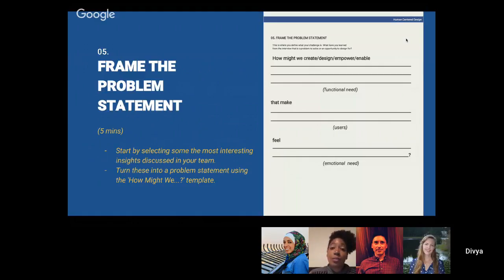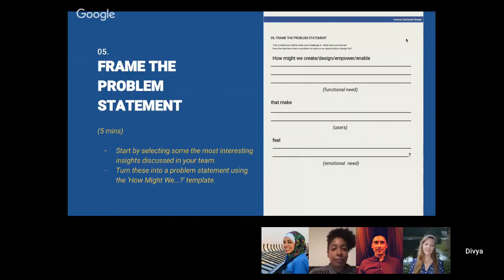Is it the high school student? Is it the university college professor or high school teacher? And then you want to connect it to some sort of emotional need, that makes them feel empowered, that makes them feel successful. And feel free to write your own statement in whatever way makes sense if this template is not working for you.